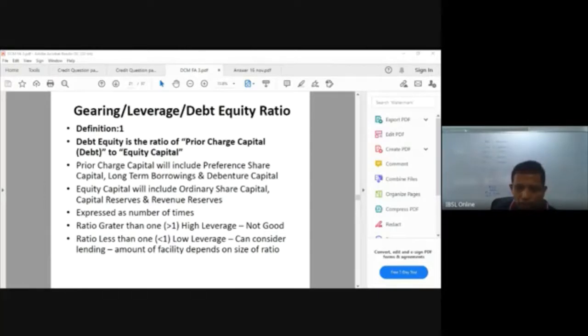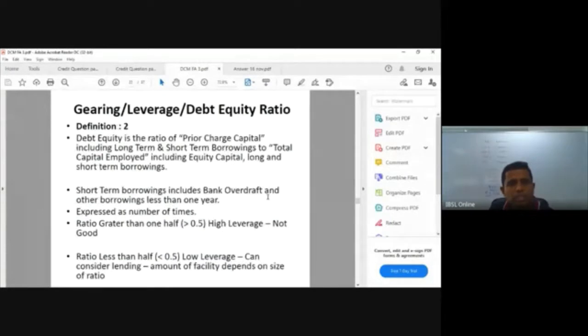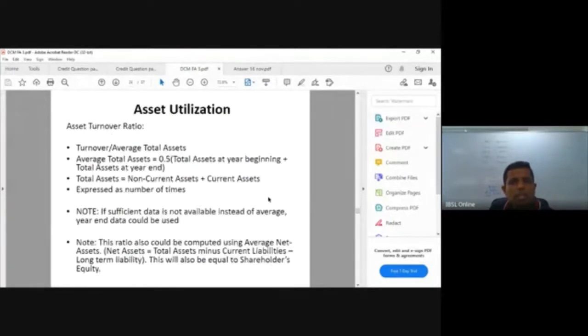Okay, we'll go to the next category of ratios. That is asset utilization, or we are calling this category of ratios efficiency ratios. Under efficiency ratios, we normally see whether our assets are being used efficiently, compared to other periods, other industries and other competitors. First category under this efficiency ratio, the asset utilization ratio, is